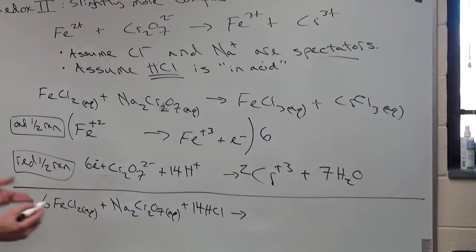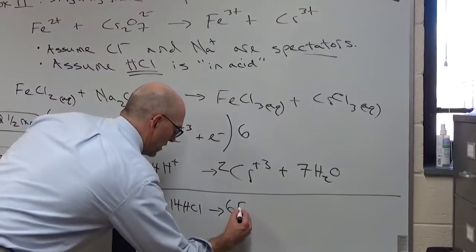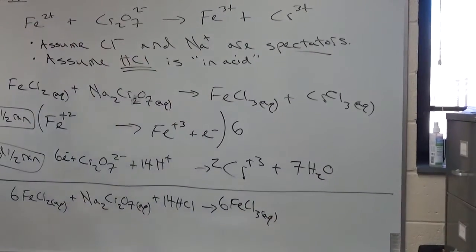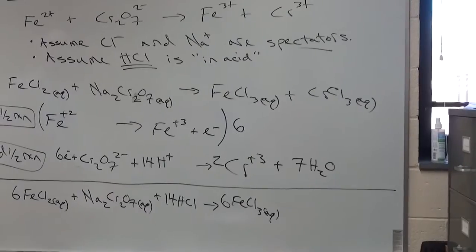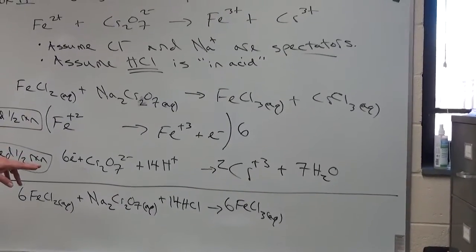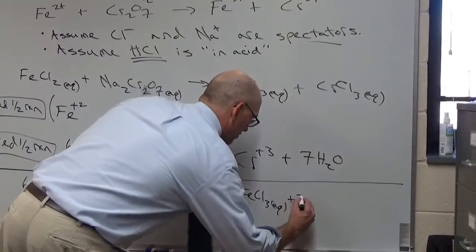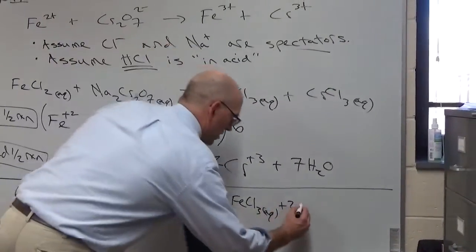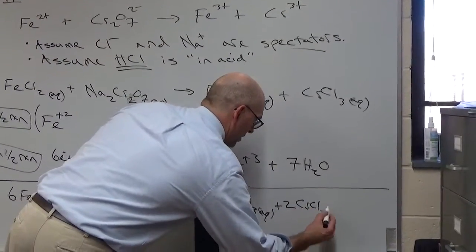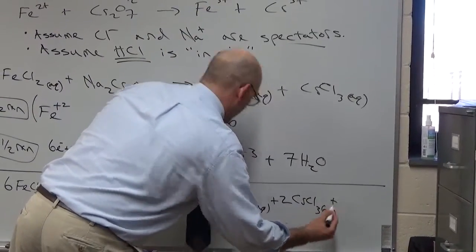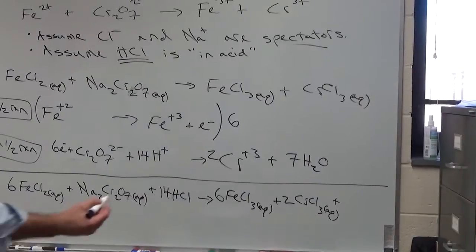So we're going to have 6. All right, that looks good. And then chromate, so +2 CrCl3 aqueous, plus